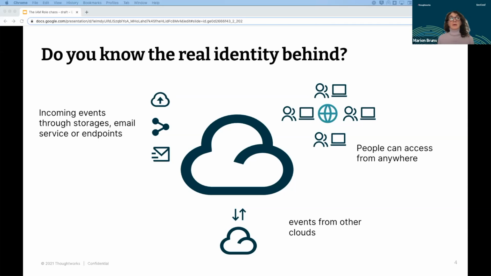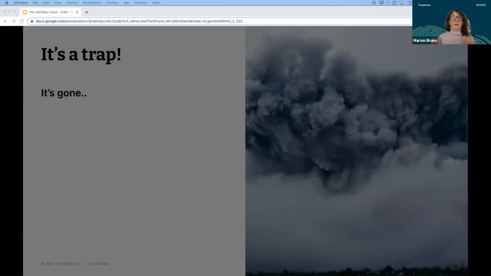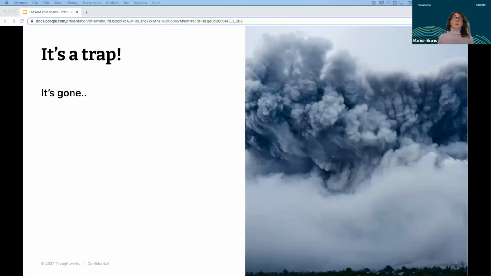And as said, the cloud is highly connected to the outer world. You cannot really trust anymore who is coming in. So therefore, it is quite vulnerable. And what happens when somebody really manages to get into your system? It may completely blow up. Again, think about somebody hijacking a key and coming in.